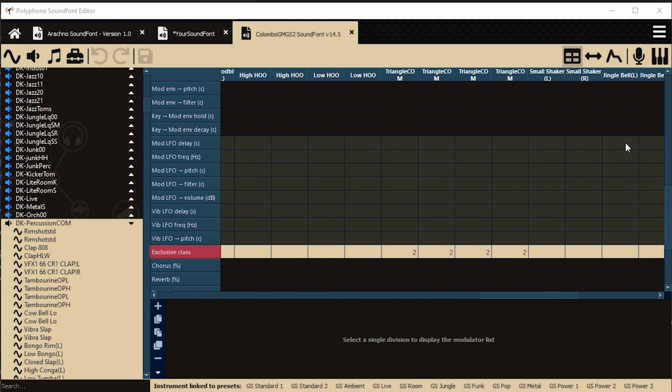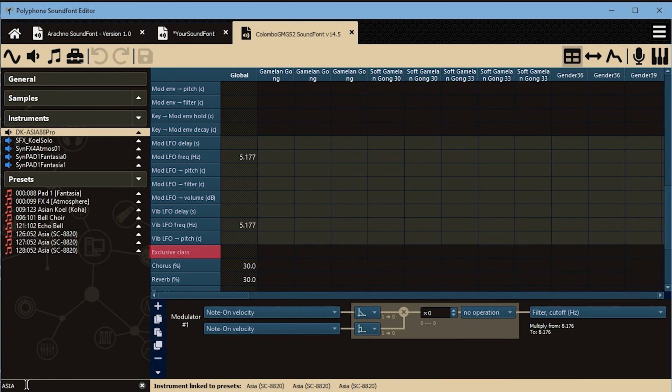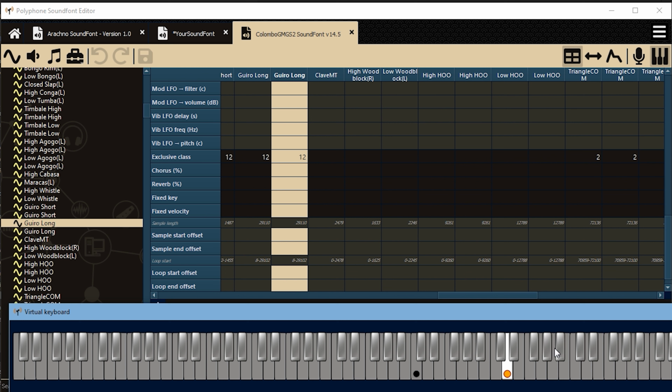The monophonic behavior of one of these groups or exclusive classes kicks in only when we play another note. In this case, playing the open hi-hat note at 46 first, and then pedal note on 44 or closed note on 42. If you also want to mute the triangle, put a different number, say 2, under closed and open triangles present at key number 80 and 81, so that you can just mute the triangle without causing any harm to the hi-hats. The funny thing is, you can mute a note by itself. Check this out.